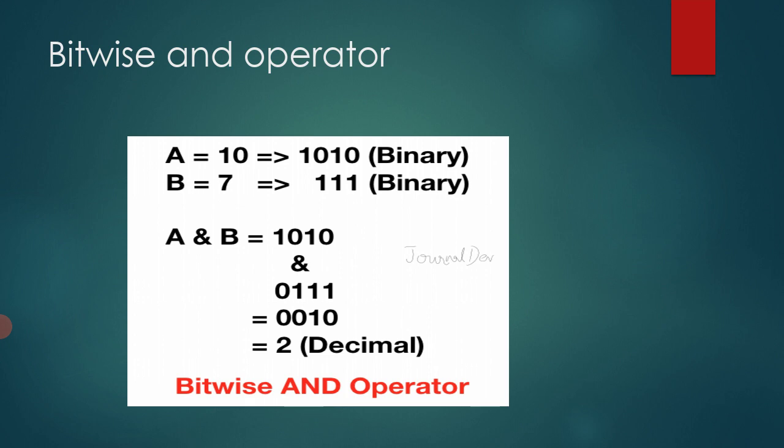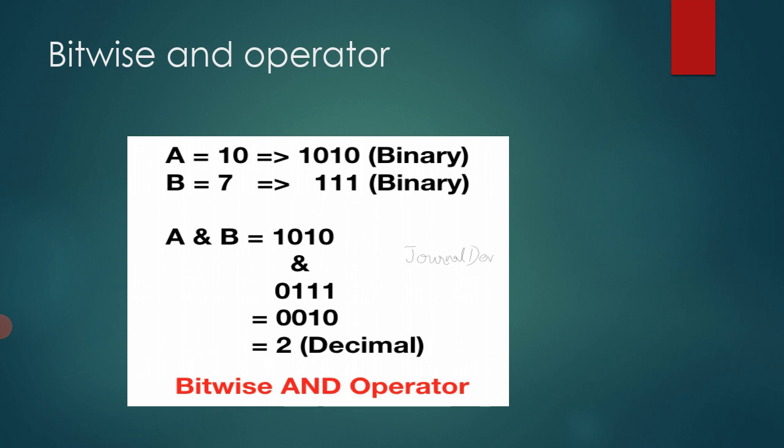So look at the right hand side of A equals 10. 1010 is the binary equivalent of decimal number 10. So in binary we write 10 as 1010. Now the next number is 7. We write 7 in binary as 0111. Here we have skipped the 0 because it doesn't make any change to the expression. Otherwise if we write 4 bits, that is 0111, but if we are writing 3 bits, then we write 111. So this is the binary equivalent of 7.